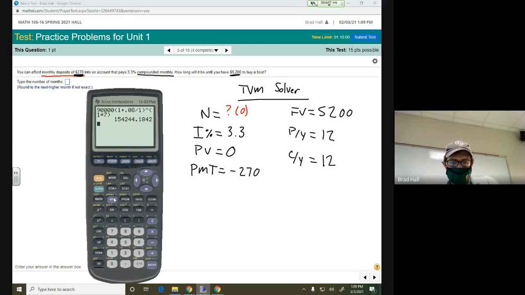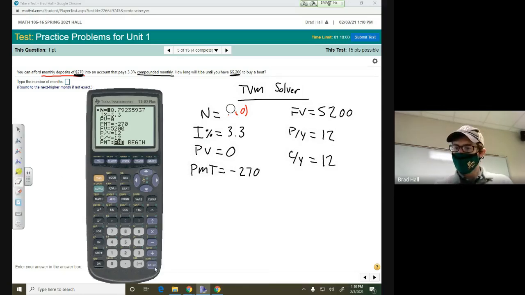So let's go back to the solver. N is 0, I is 3.3, PV is 0, negative 270, 200, 10s and 12s. Alpha enter, and we see that n is